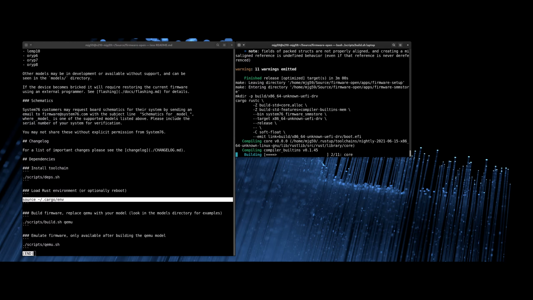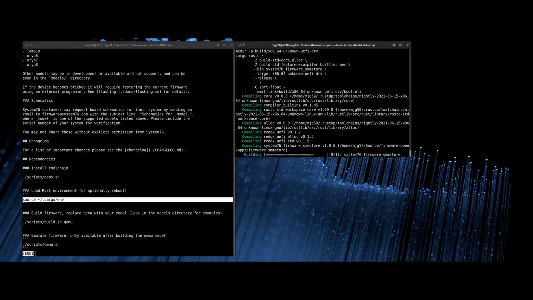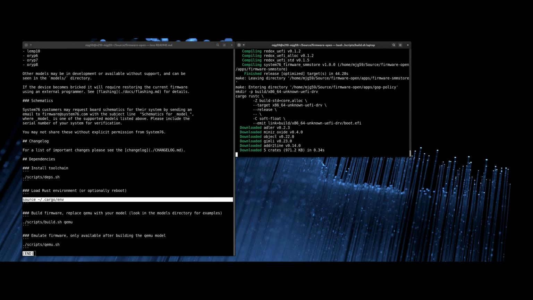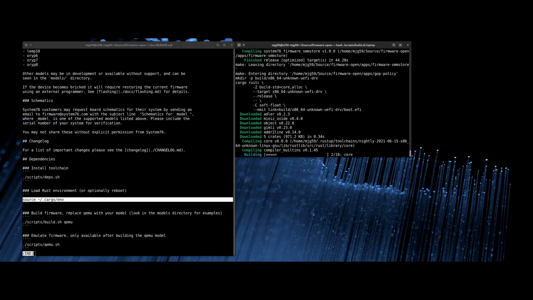I had not realized that System76 had built their own SMM store implementation. That's nice. And in Rust. That's amazing. So for context, generally the system flash on a PC platform is configured such that it's not arbitrarily writable after the system has booted. The chipset will only permit you to write to the flash if you are currently in system management mode, where system management mode is a magical CPU feature where if you do something where the system is configured